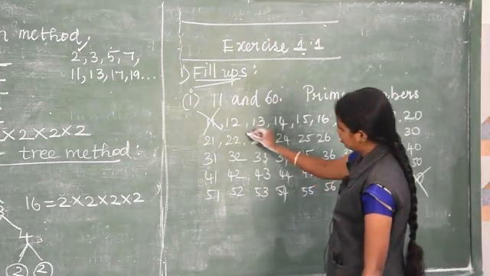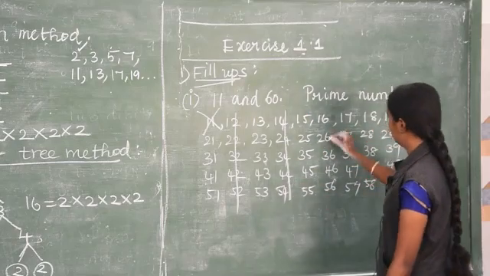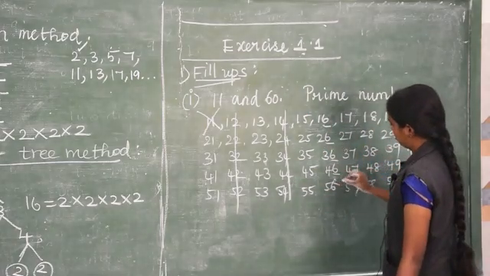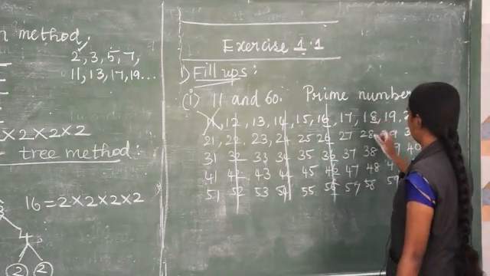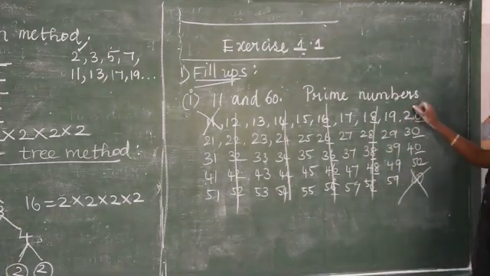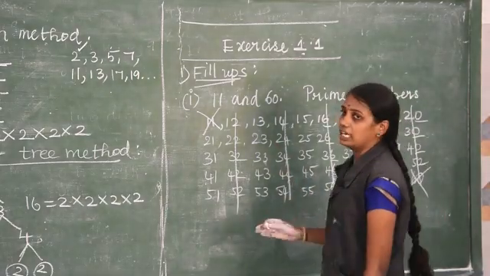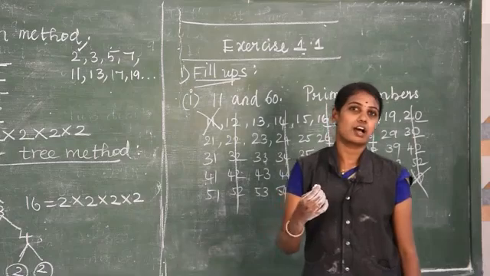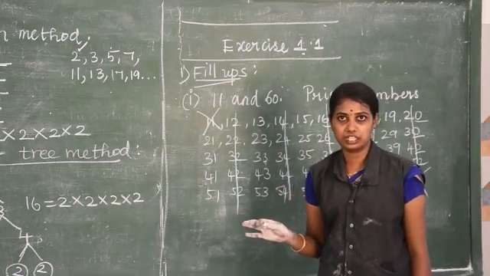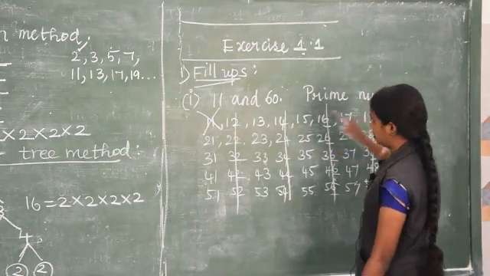you strike out. See here, 2, strike out fully. 4 ends with 6, strike out. Ends with 8, strike out. Ends with 0, strike out. So now next we are going to see only the odd numbers. Every odd number we cannot call a prime number. Okay, so start from here.